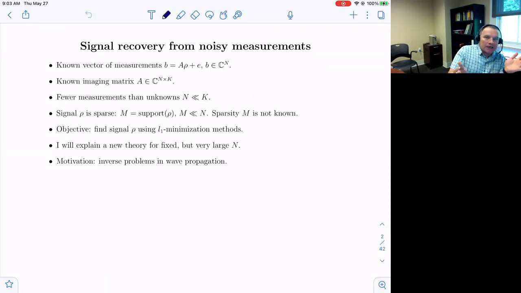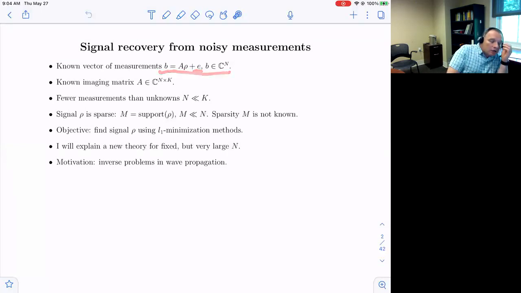So I would like to cast our problem in a very simple linear algebra formulation, because at the end of the day, when we solve an inverse problem, what you have is a system like that. This is the data that you measure. There is an imaging matrix, and then there are unknowns. Rho stands here for reflectivities, so scatterers, and then there is noise. So you're interested in finding rho given the measurement, one measurement or many measurements B that you obtain in your imaging experiments. And as I said here, you use some known imaging matrix A, and the typical